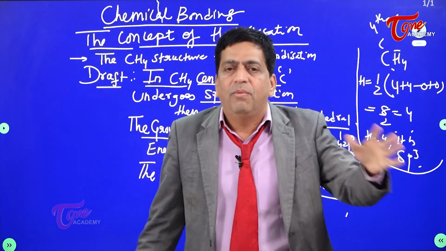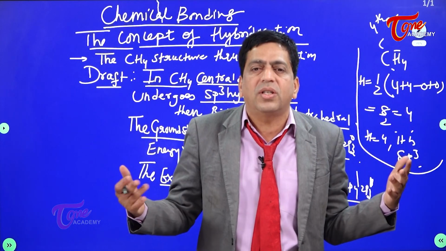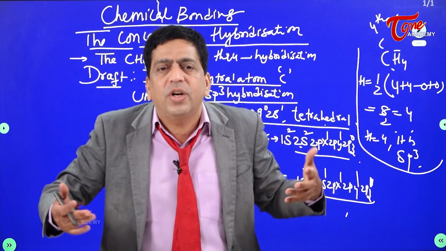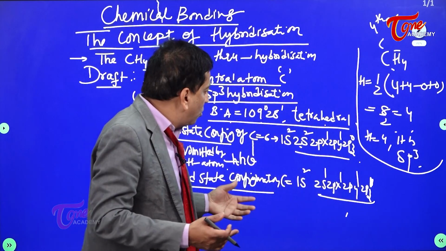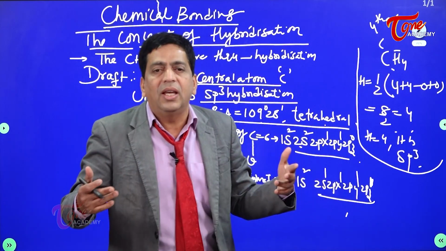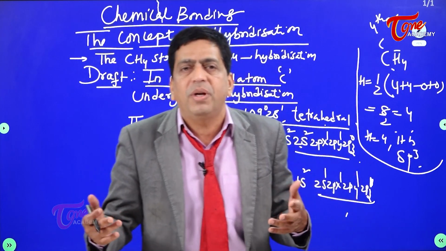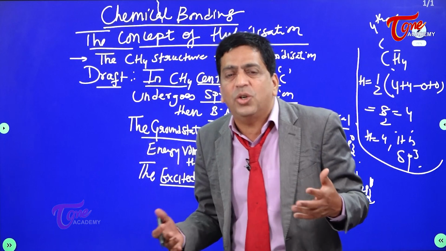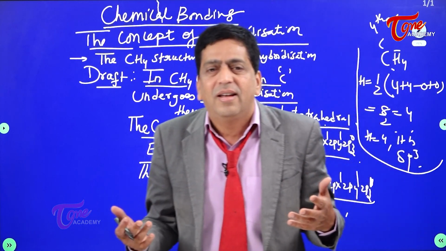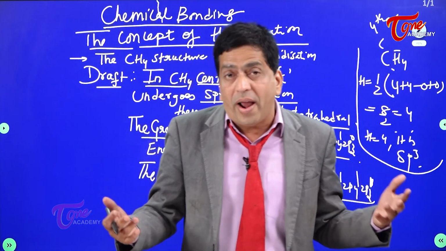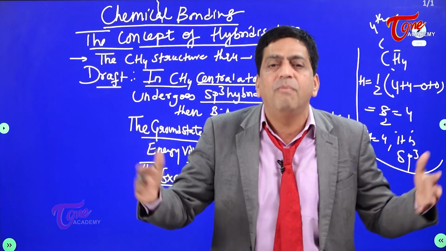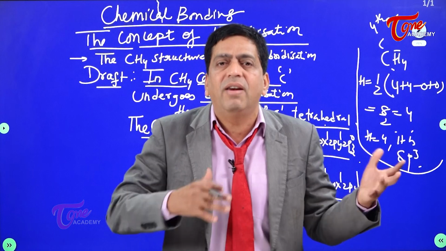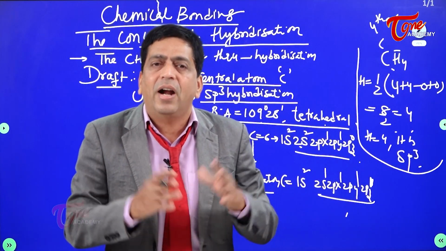4 unpaired. Well, the hydrogens are approaching fast towards carbon. So I need to be ready for participating in bonding. So I got into excited state. I kicked the s electron to p. Now I need to sit in a direction. I must be sitting in a direction with a bond angle. Then ask the partner to come, and we'll have overlapping. Right now I am in excited state. Next, I will intermix and undergo hybridization.